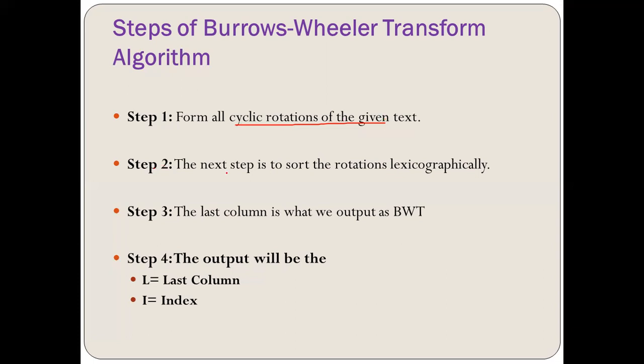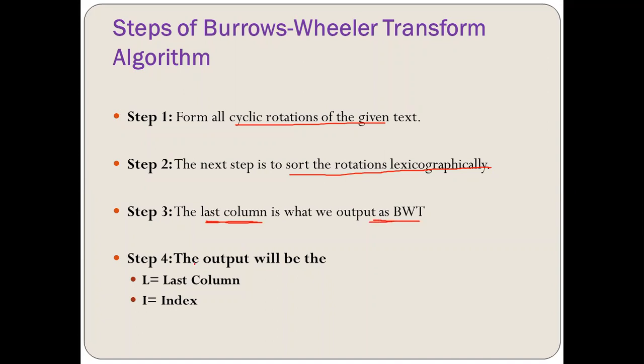Second, we are going to sort these rotations in lexicographical order. I've already told you what lexicographical means. That means we first sort the special characters and then the alphabets in chronological order, that is from A to Z. The third step says that we consider the last column as the output of